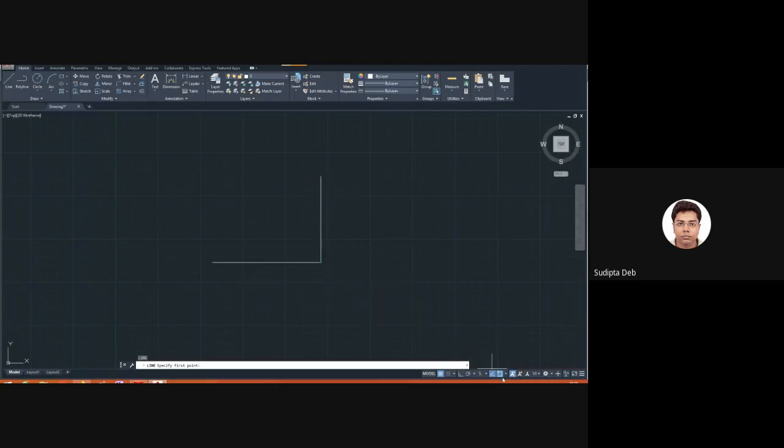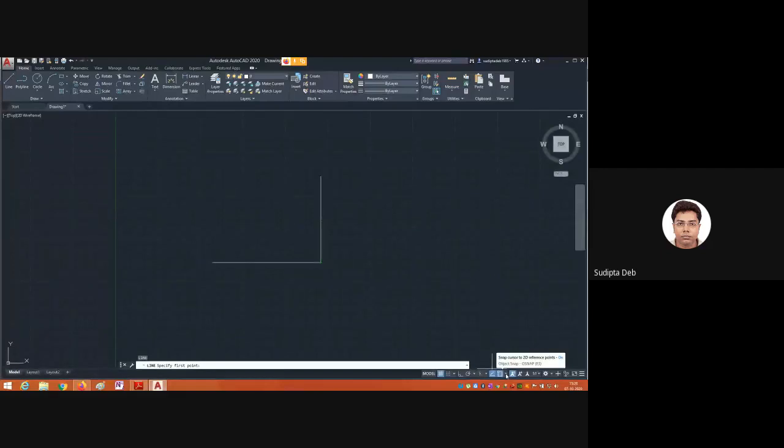These things you can turn on or off. You can manipulate them from object snap. Just try to see this option. This is object snap. If you click here, you will get different options: midpoint, center, intersection. If it is selected, then only you can do that particular operation.